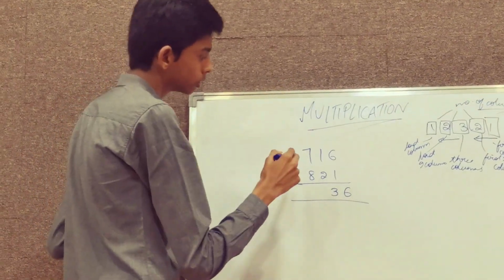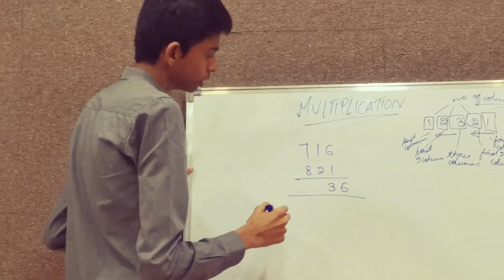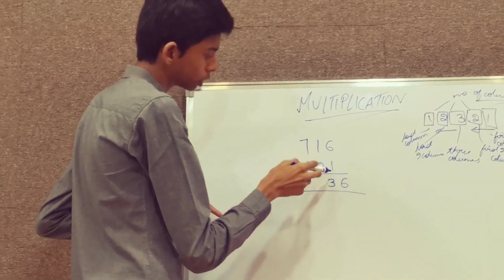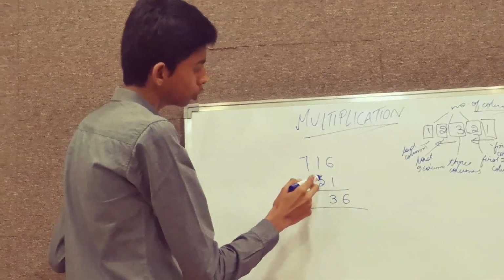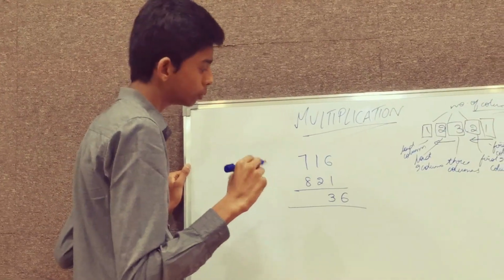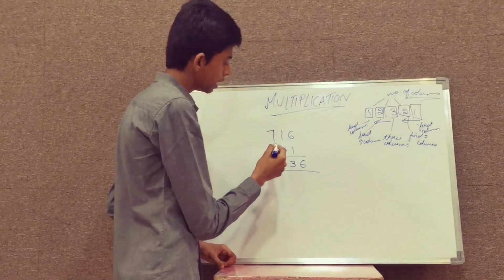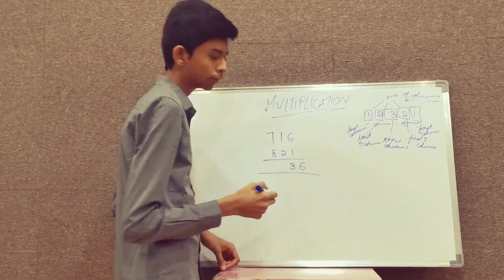And then what is the third step? We have to take the 3 columns and then cross multiplying. So 7 into 1 is 7, and then 7 plus 1 is 8. And then 2 into 1 is 2, and then 8 plus 2 is 10, and then 8 plus 8 into 6 is 48.